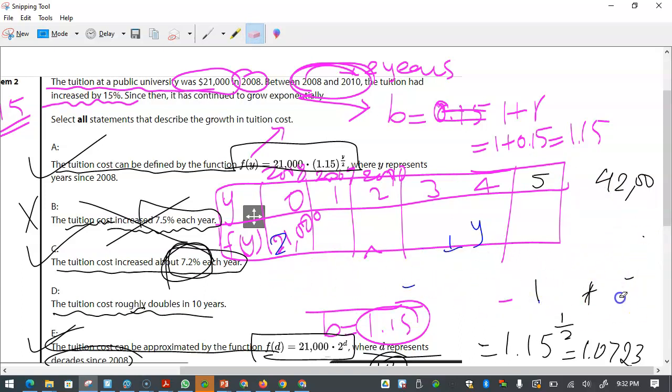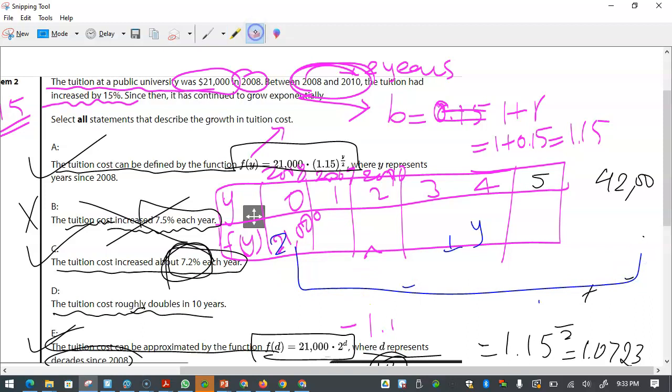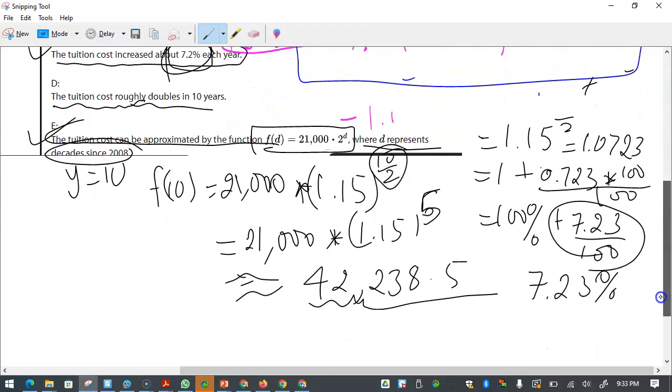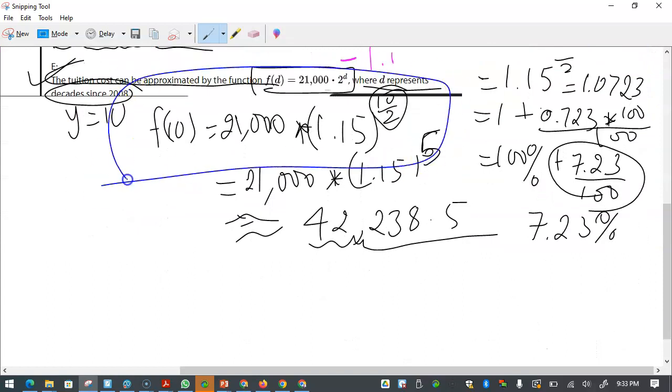So if you want to do a decade, this is the original and we go all the way, and 10 years, that's one decade. So from 0 to 1 is a decade, if D stands for that, then you can use the same formula, but it will be f of D, every 10 years, it is 21,000 times